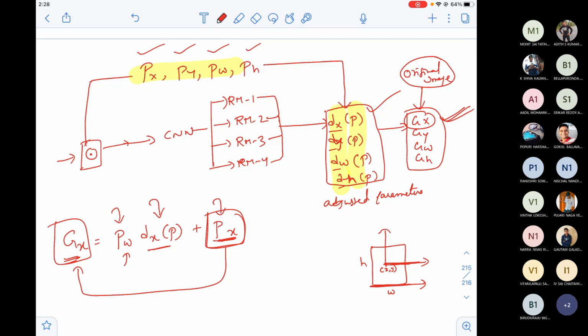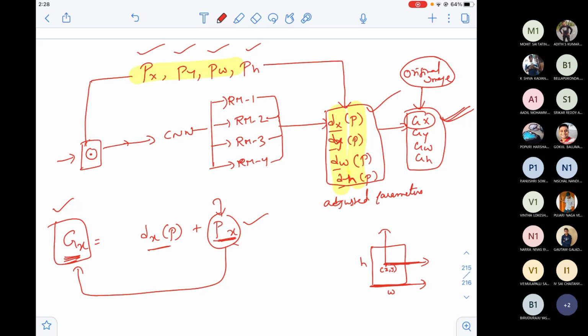In one line you can say, if you are confused with this, that this is my px and this is my true gx. Px is definitely having some error, so I need to be very close to the true x coordinate.